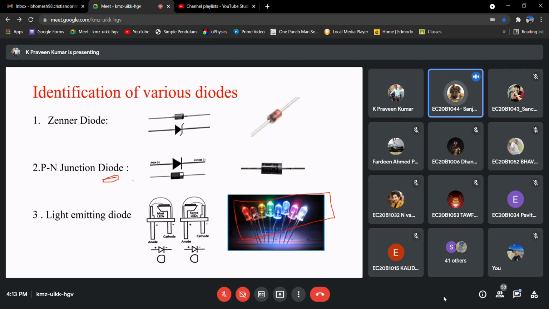It is a semiconductor device, sir, which is doped. Doped with what? Impurities. Okay. Like one side with a trivalent material and the other side with a pentavalent material. Okay.